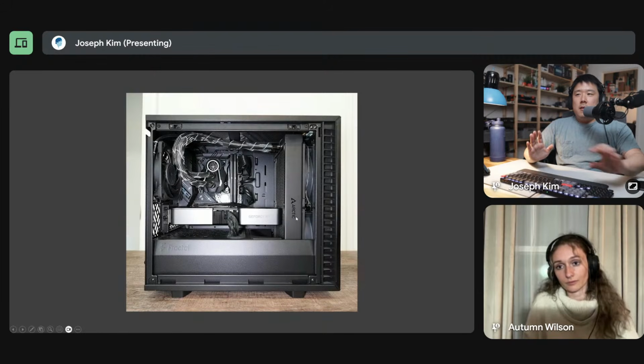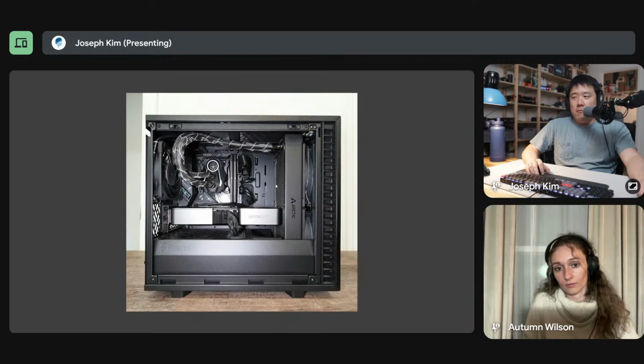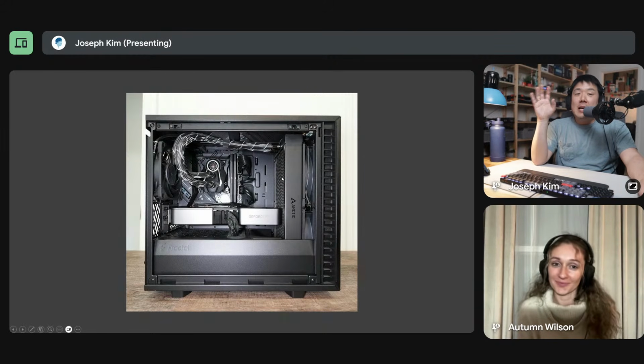And they call this an all-in-one liquid cooler, or AIO. It's an all-in-one unit. That's why they call it AIO. And at the base of this block, which they call the CPU block,